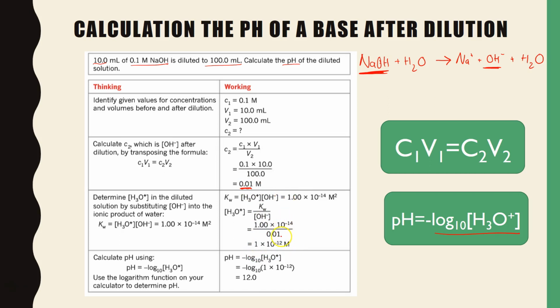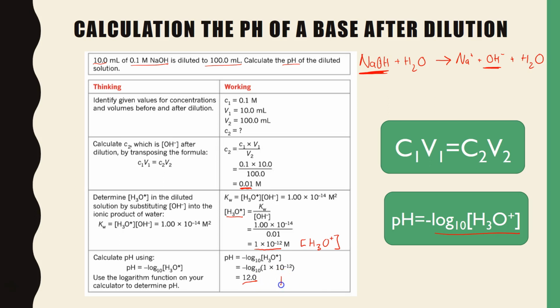We now need to use the Kw formula to help us work out the concentration of hydronium before we can then work out the pH. So the concentration of hydronium is equal to 1 times 10 to the negative 14 divided by 0.01, which gives you 1 times 10 to the negative 12 molar of H3O. So that tells us that there's a very small amount of H3O, which makes sense because we're dealing with a basic solution. We then place the amount of hydronium ions into the pH negative log 10 formula, which gives us